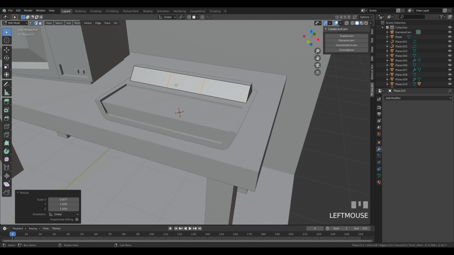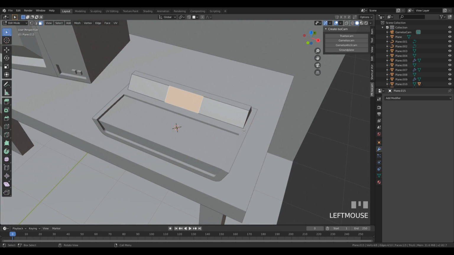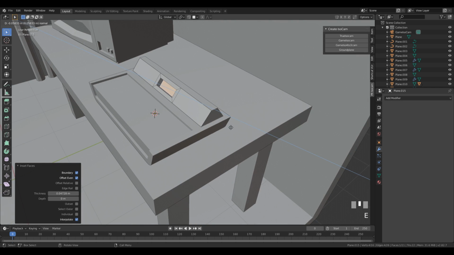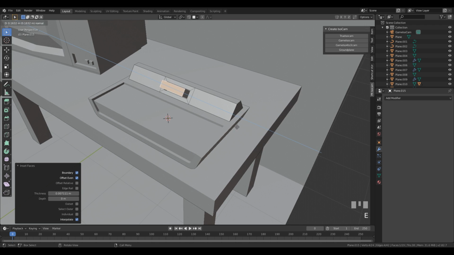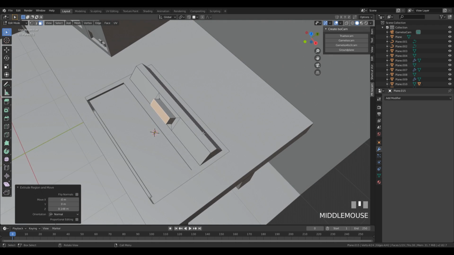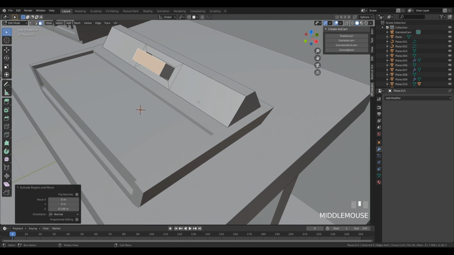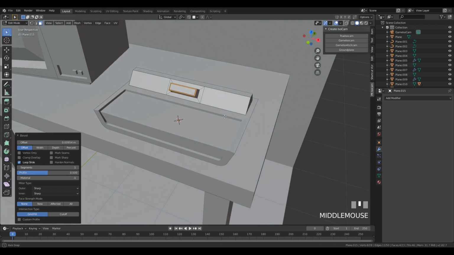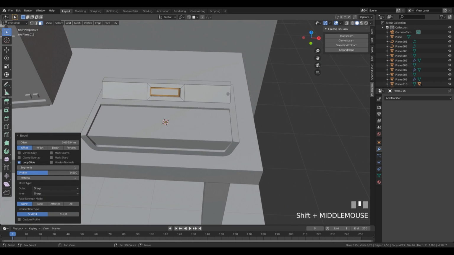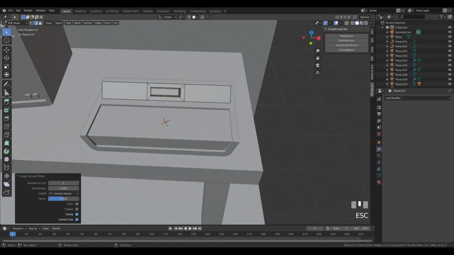So Ctrl R to create a loop cut. Right now we can inset this, extrude down, inset once again and extrude out, so it actually looks like there's a cartridge inserted, and we can bevel this with just one subdivision so it has some kind of structure there. And right now, if you don't want to do the double work, we can cut it in the middle,